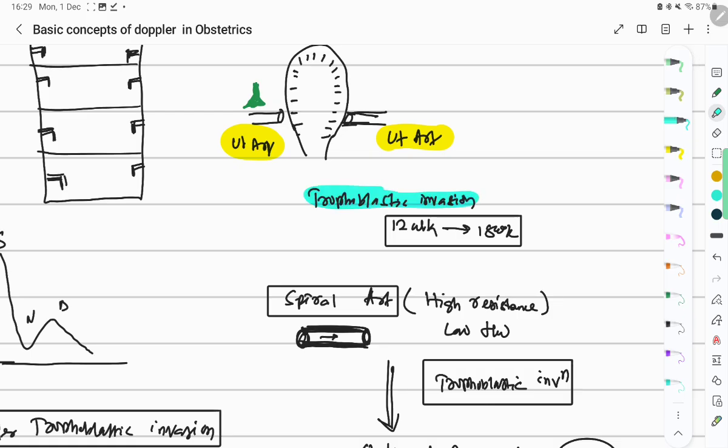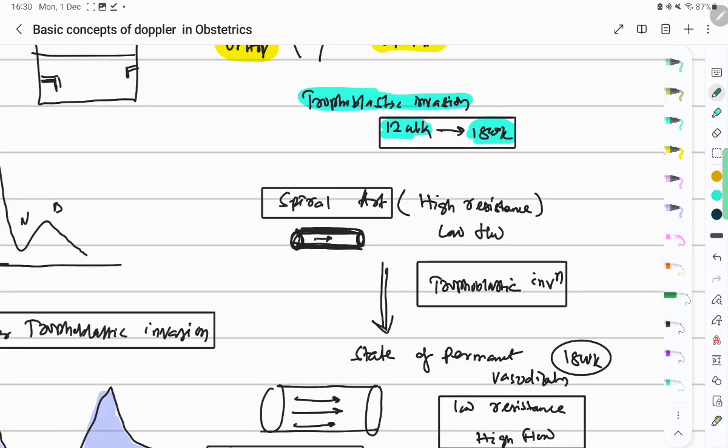during pregnancy, which starts from 12 weeks and ends by 18 weeks. What is the concept behind the trophoblastic invasion? The hierarchy of arteries is arcuate artery, radial artery, basilar artery, and spiral artery. So the spiral arteries are the end arteries supplying the decidua and the fetus. So these are the smallest arteries. These spiral arteries undergo